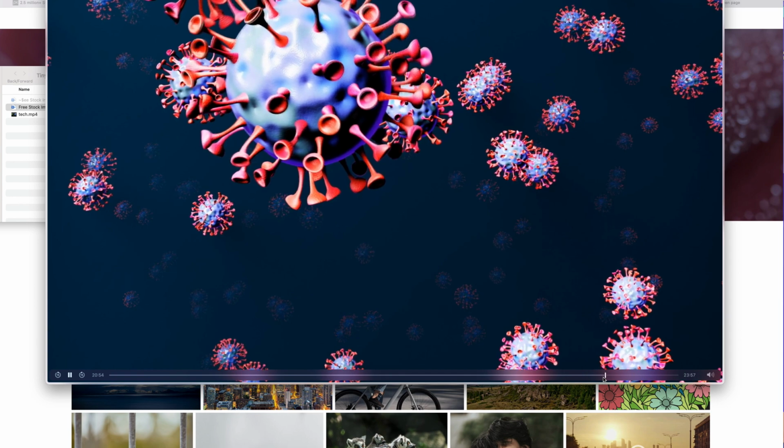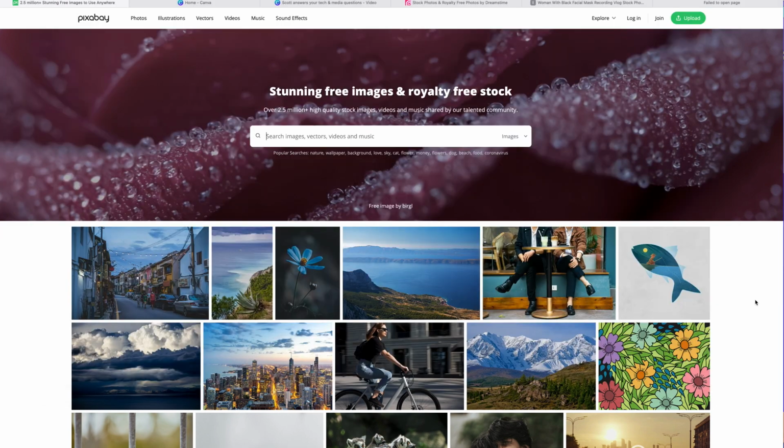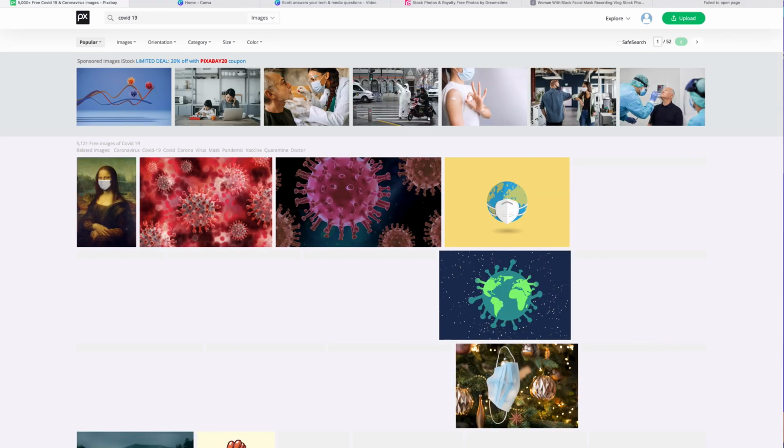And in a lot of cases, you want to check the website to see if there are attribution requirements. Certainly Creative Commons, video and image websites, you could also go that route as well. But all I had to do really was click on here. Again, 2.5 million high quality stock images, videos, and music shared by a community. So it's like this open source movement that's been really powerful here. At LTCC, as we've talked about, open source textbooks and zero cost and all that.